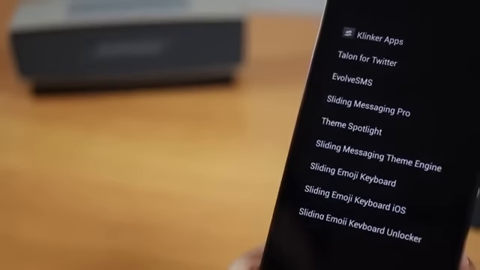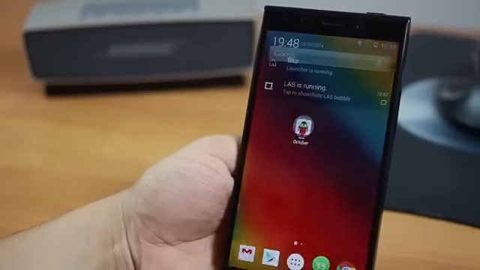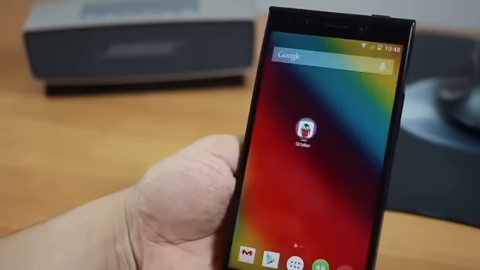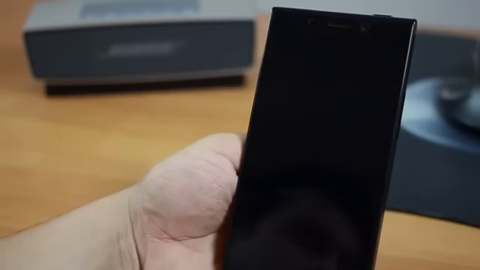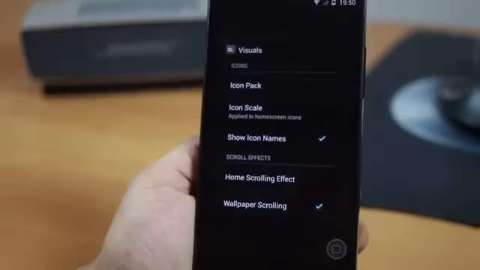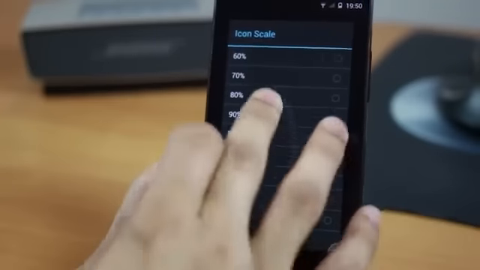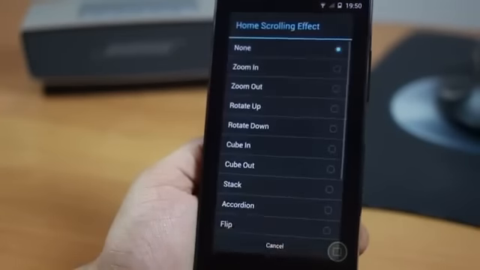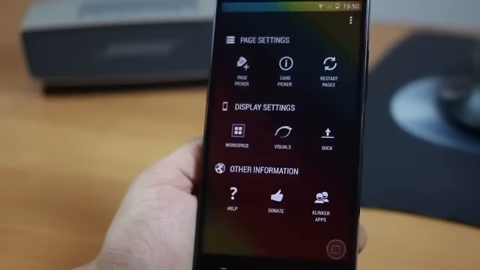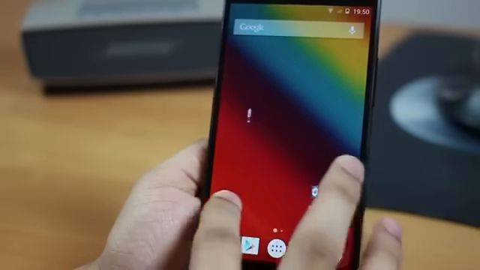You can have these apps installed and define your pages with these apps, so you don't even have to open them. Now, a swipe down opens the notification toggle panel, a swipe up opens the app drawer, and a double tap locks the screen. So all of these gestures are also pre-built into this app. You can go into settings, and then you can also change the icon pack and reduce the icon size. So there's a bunch of customization in terms of animations and icons that you can use. A lot of styling options are available as well.